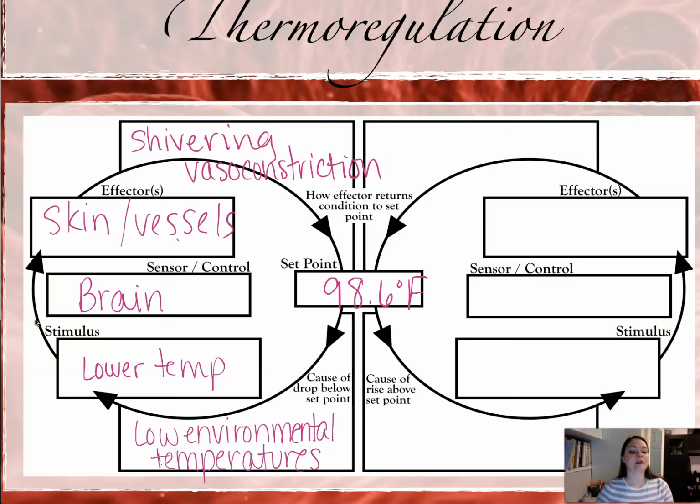Okay, on the flip side, there's plenty of things that can cause your body to rise above a set point. Don't get ahead of me here, because I know where you're going. We're going to talk about fevers in a second. But when your body is set at 98.6 degrees and it gets hotter, then we're going to have the second half of the feedback loop commence. And one of the biggest things that is going to cause all that extra heat, laws of thermodynamics. Remember, your